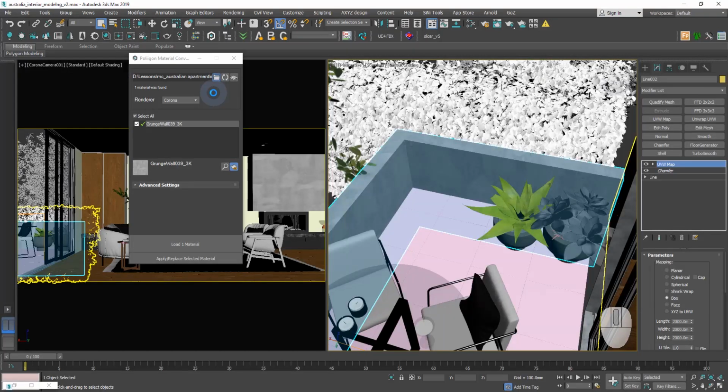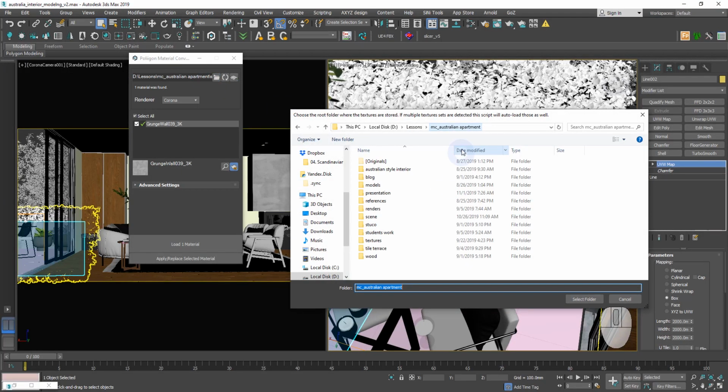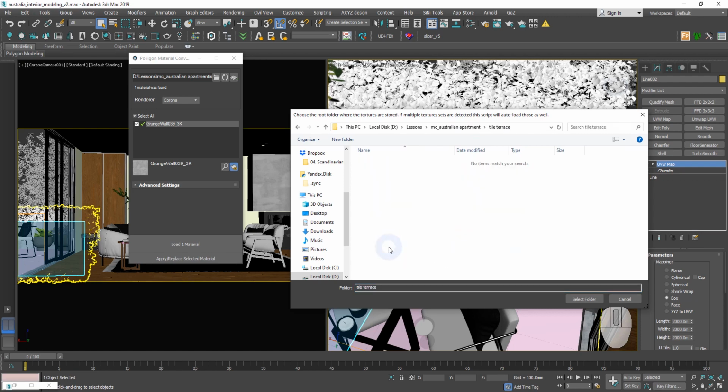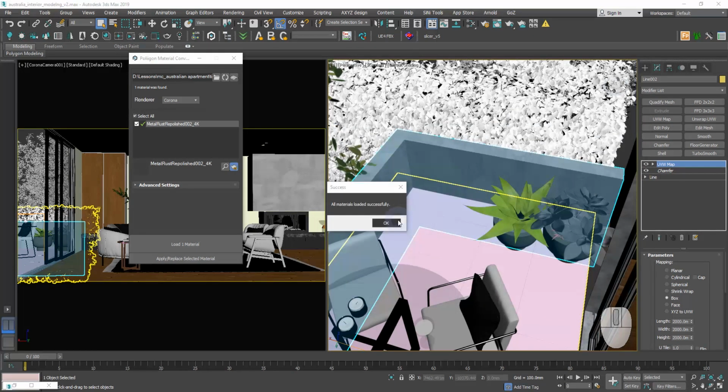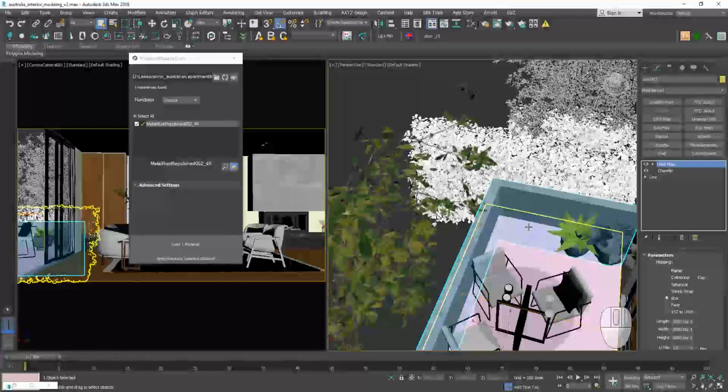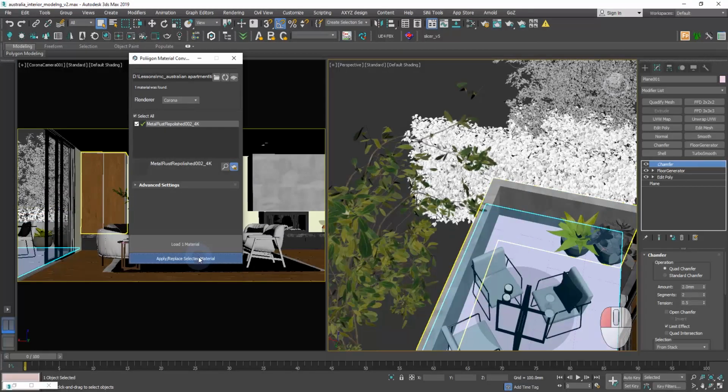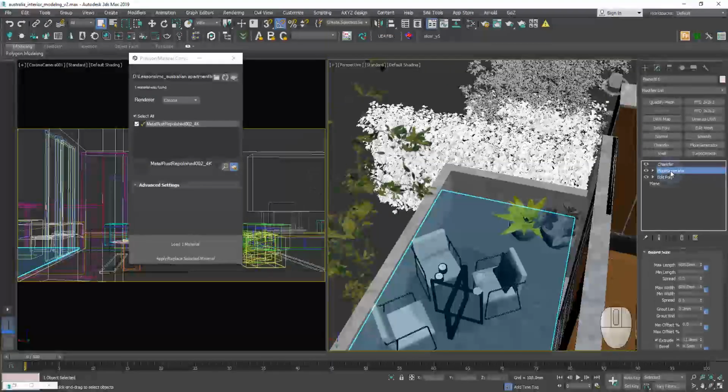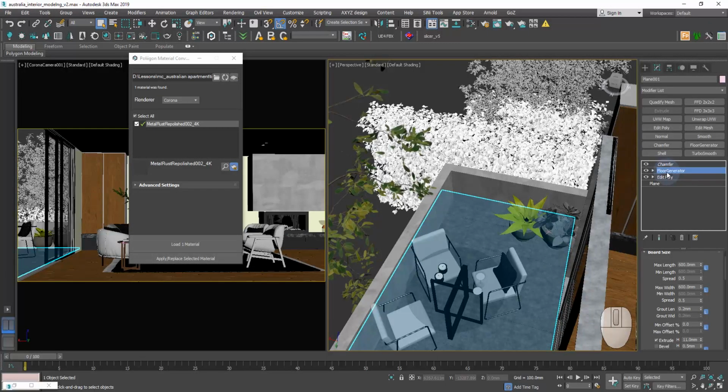Then, we upload tile material. Assign the material to the tile of the terrace. Assign Unwrap before chamfer.